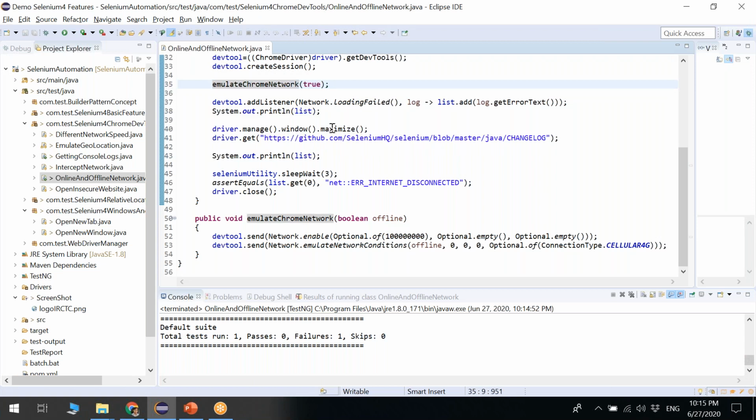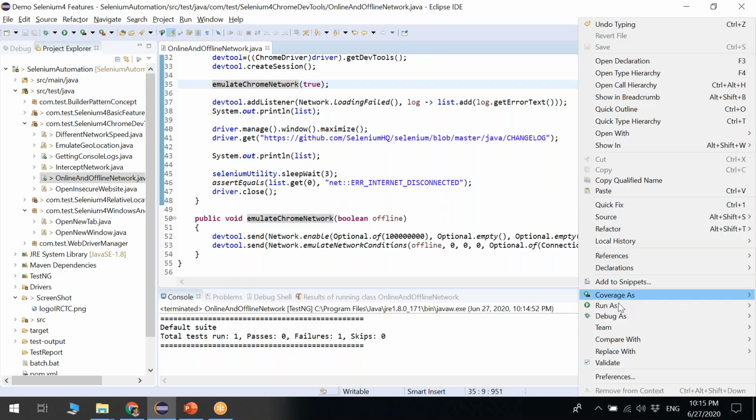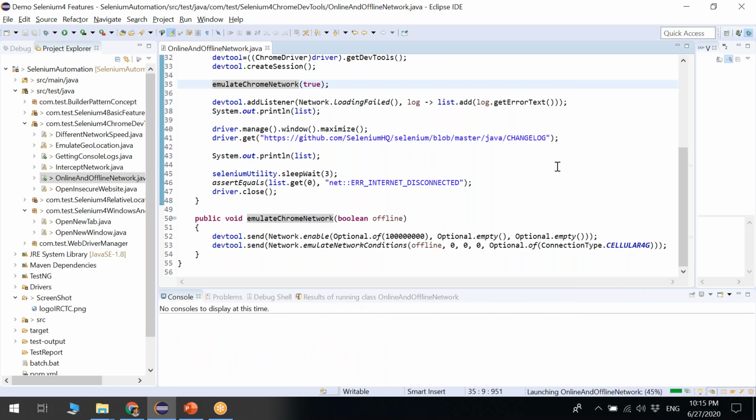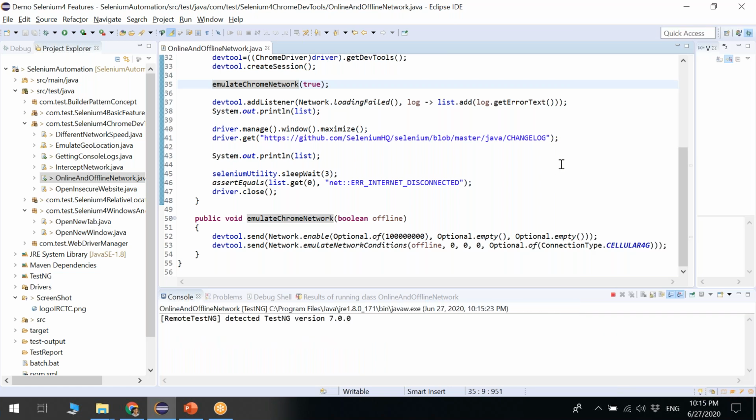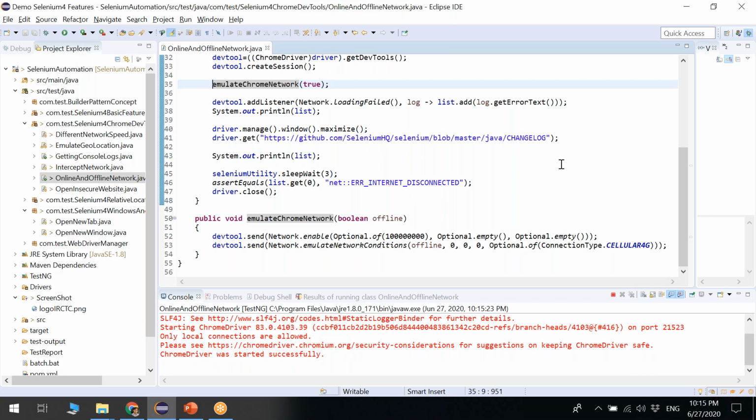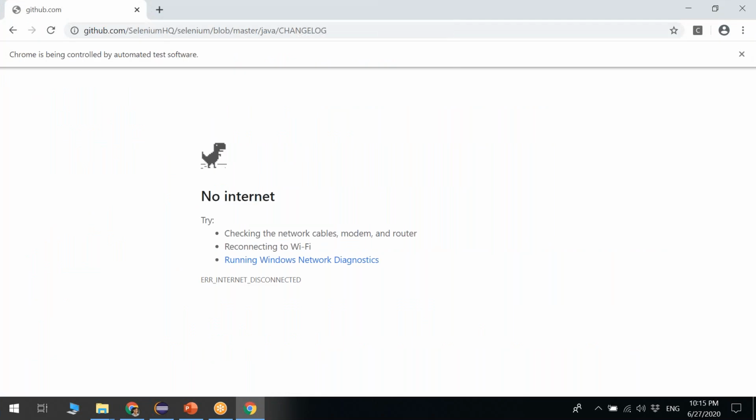So here I am disabling the network. When I execute, this time we will see that the network is not there. The web page is going to open, and this time the network is disabled, no internet.